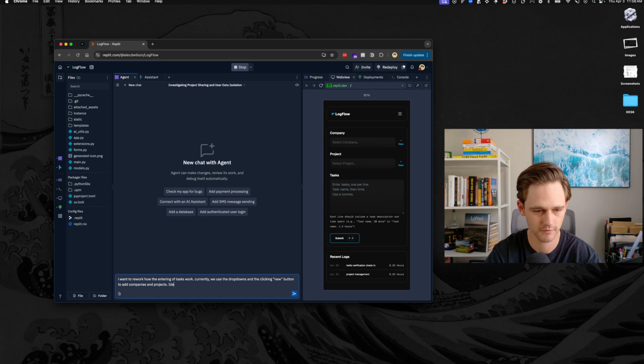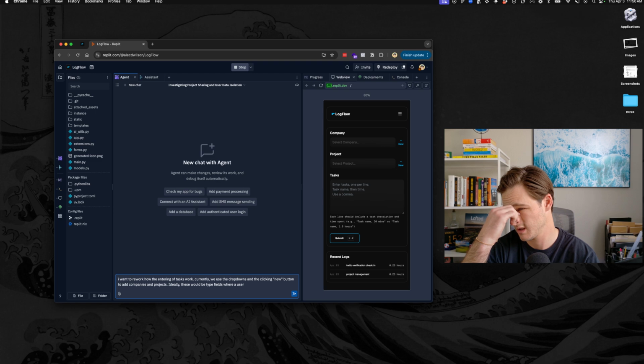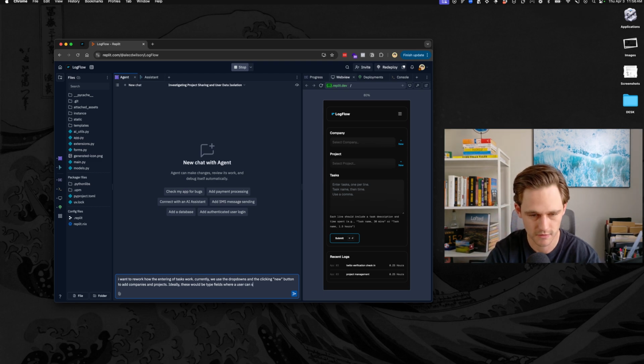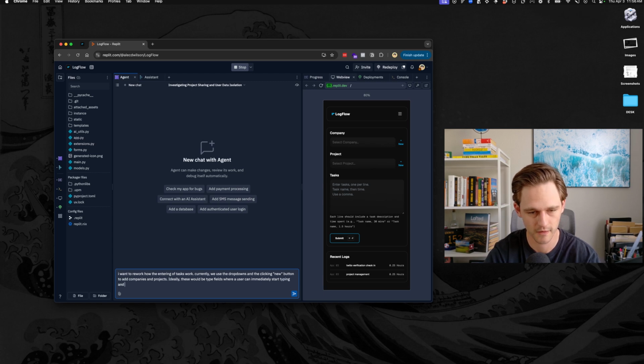Ideally, these would be type fields where a user can immediately start typing, and it starts to populate existing companies